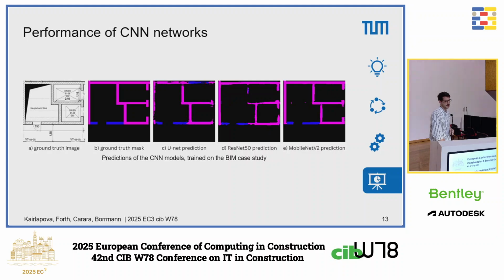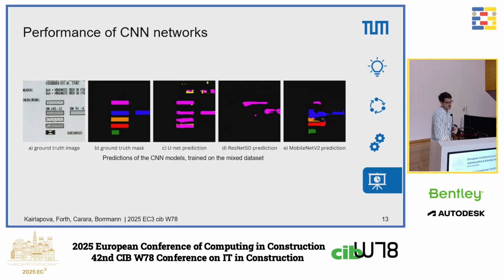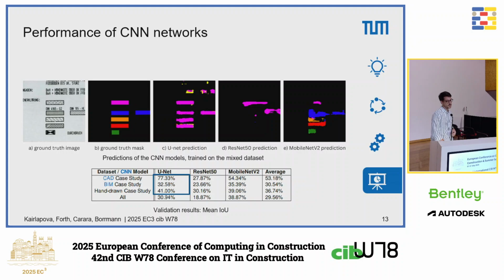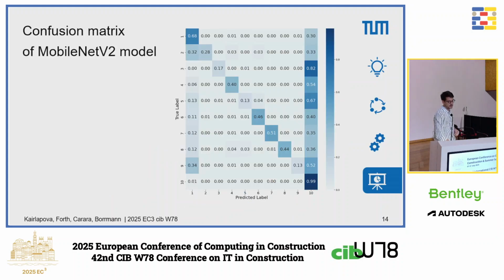Some visual results we created, so not just showing the numbers, but also how well these different architectures perform. MobileNet V2 is the most robust in finding different material classes, as you can see here, segmenting the legend of this patch. UNet was quite good when training individual data sets, while MobileNet V2 was most convincing when we shuffled all patches of all data sets together.